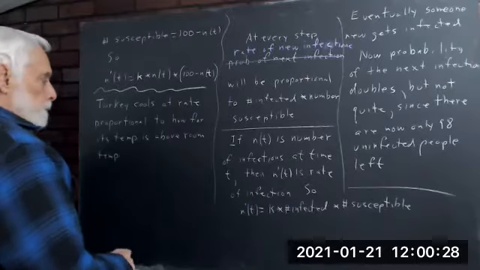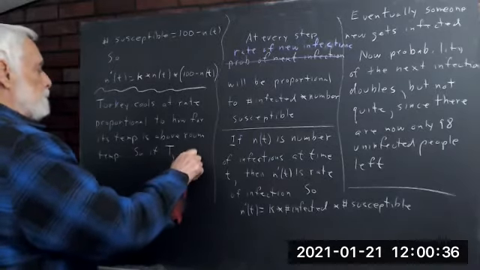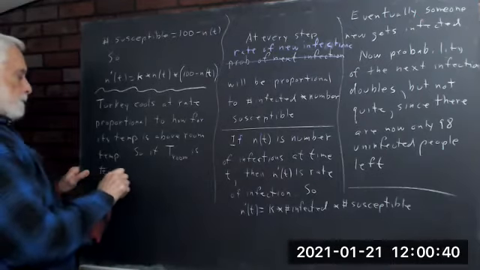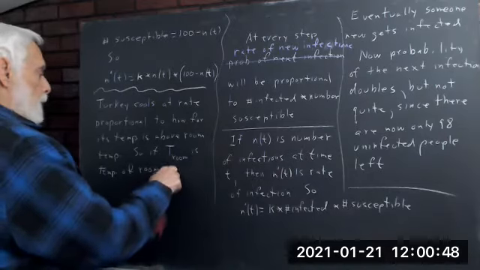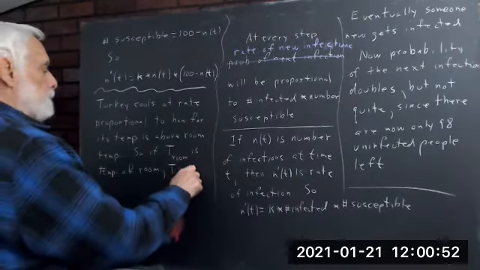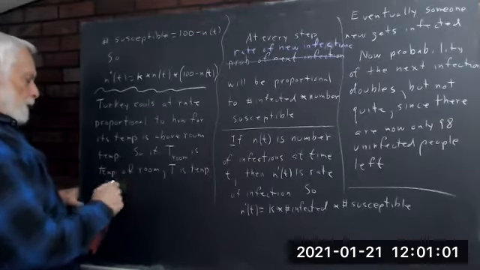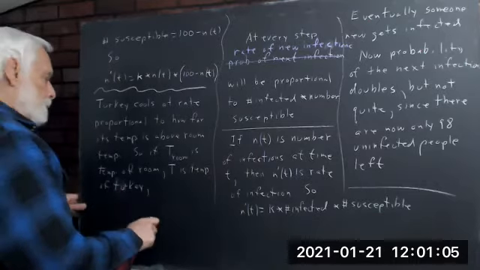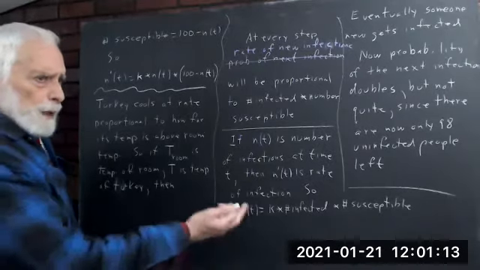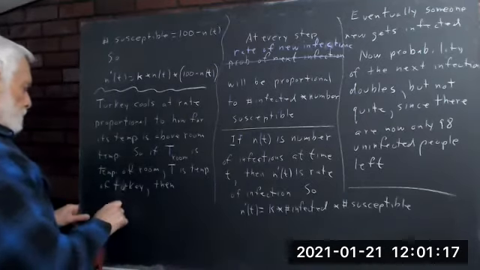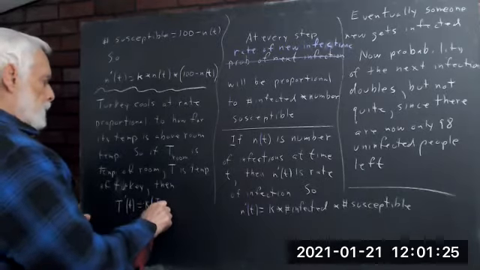Well, if T sub room is the temperature of your room, and T is the temperature of your turkey, then if you understand the first model we did, y prime equals ky, it should be pretty easy to understand why T prime of t equals k times